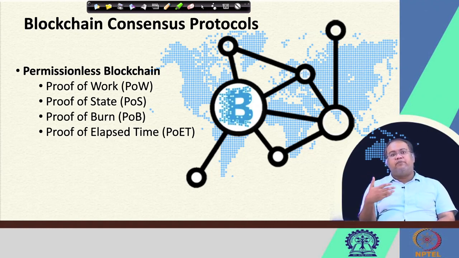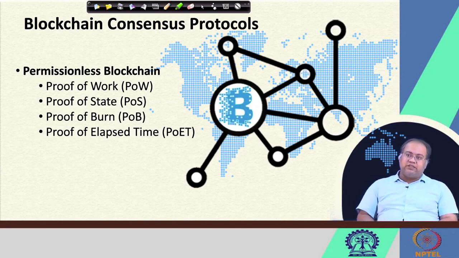But we have seen that for proof of elapsed time you need specialized hardware like a trusted execution environment. So, for Intel platform you can possibly use Intel SGX to use this proof of elapsed time. So, that way we have different kinds of consensus models for the permissionless blockchain, and in the